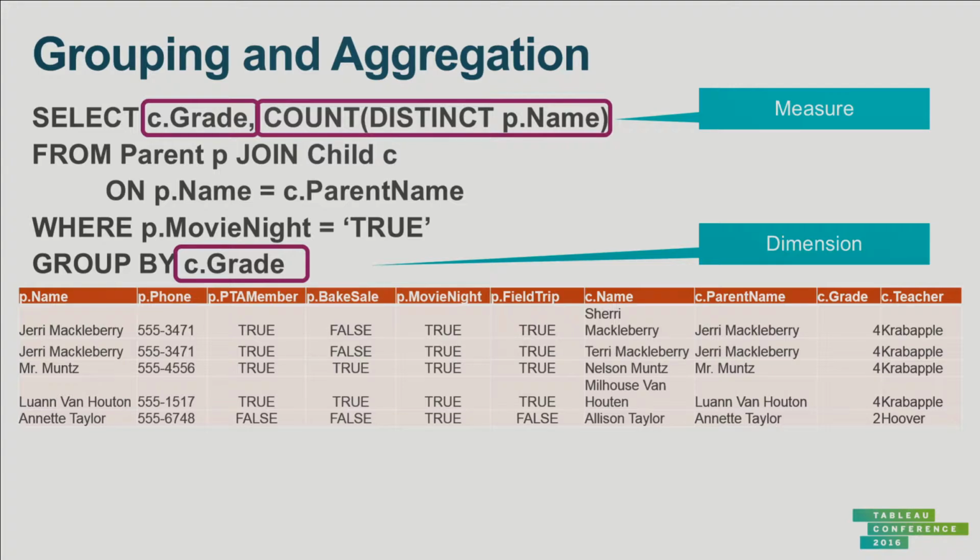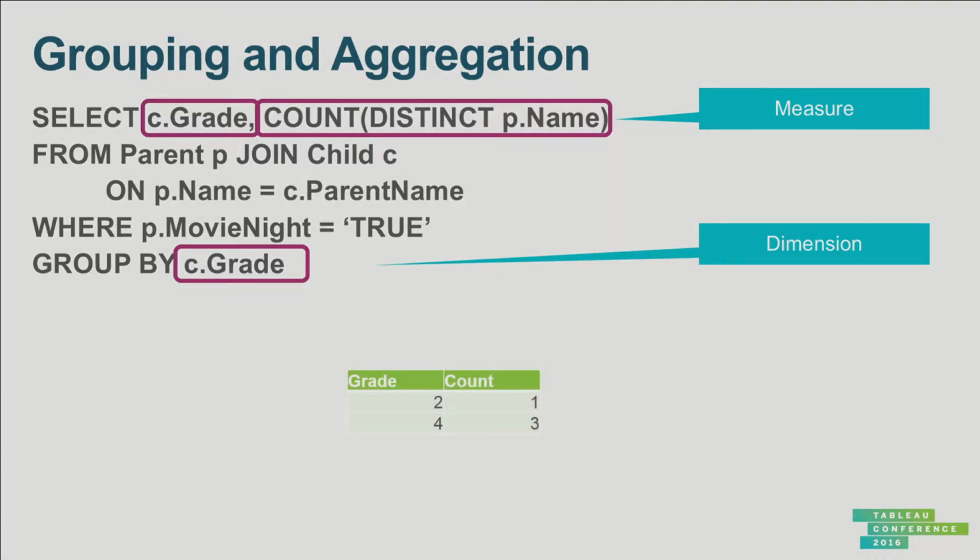So how does this work? What would you anticipate the result of this is going to be? How many rows are we going to get? 2 rows, right? 1 for 2 and 1 for 4. And how many values in the 2 row? How many in our count? 1. And how many in the other count, the count for 4? 3. You might think 4, but remember, Jerry here is duplicated. And we said count distinct. So we'll get 3. So that's what we expect.